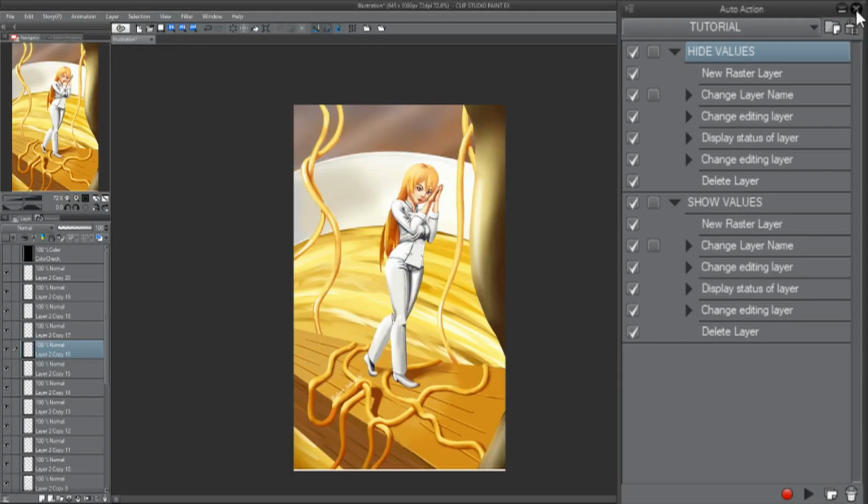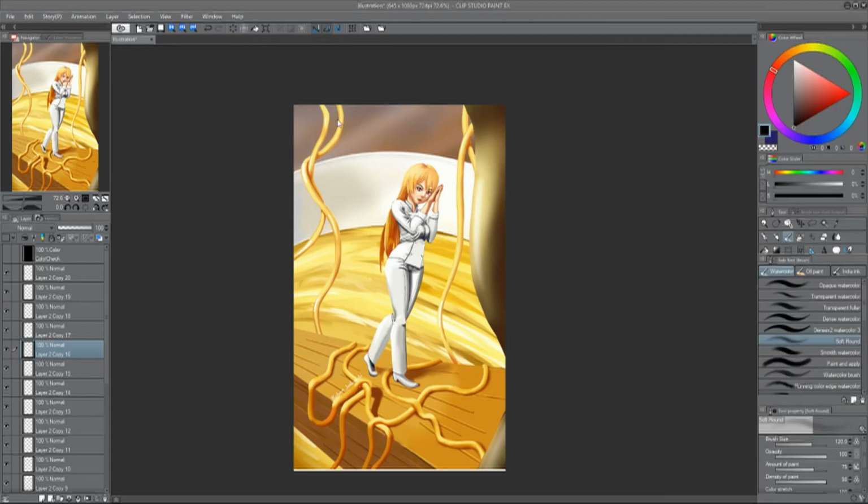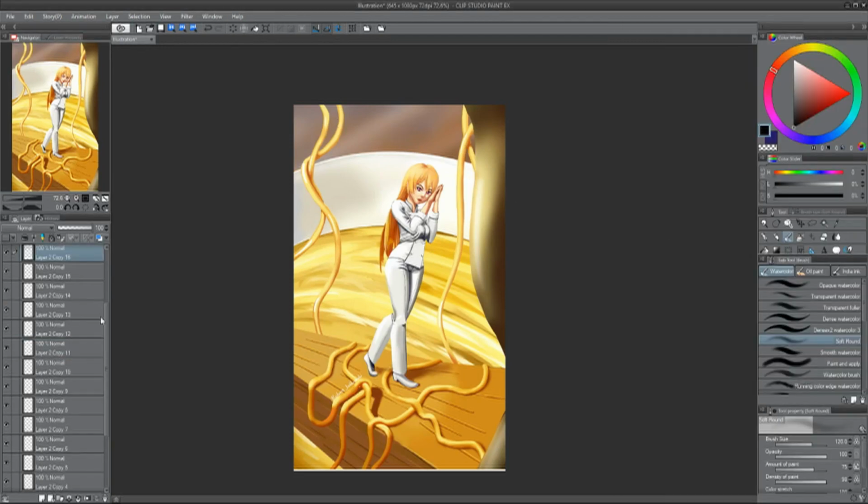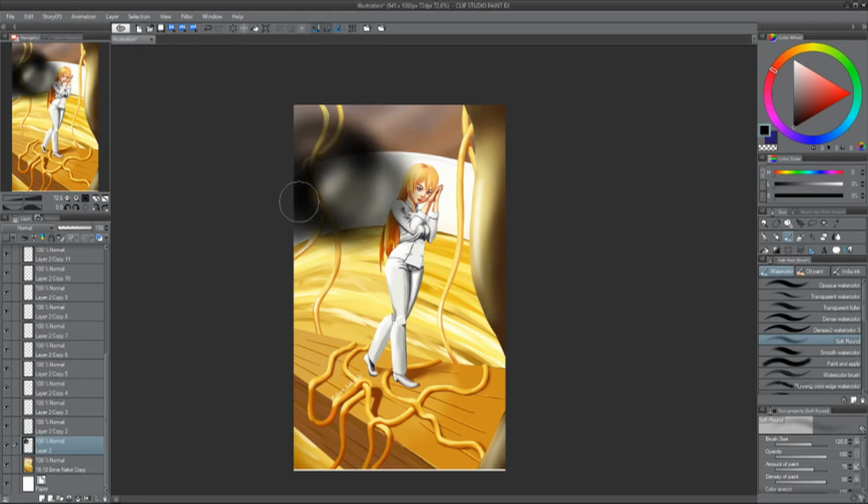Now you can close every window. Now let's say we're painting on some bottom layer and we quickly want to see our values. We're just going to press our keybinds, and as you can see, it's very easy to do